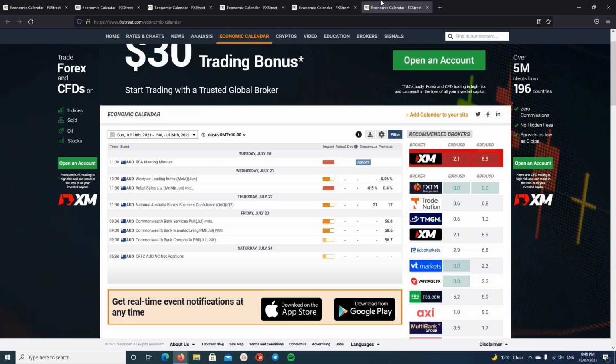Obviously the economy is booming. Obviously there's a bit of inflationary pressure, but once inflation comes down and is consistent with 2% on a month-on-month basis, unemployment is 4.5%, and we get good GDP and so forth, the Australian economy is booming, then they can start to taper their bond buying